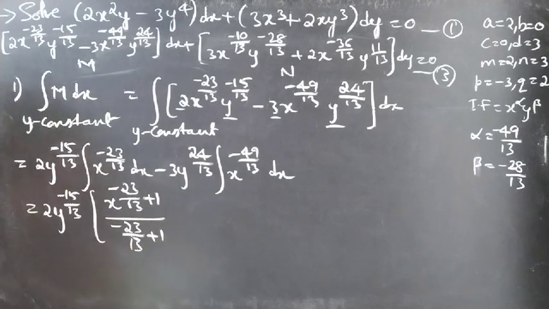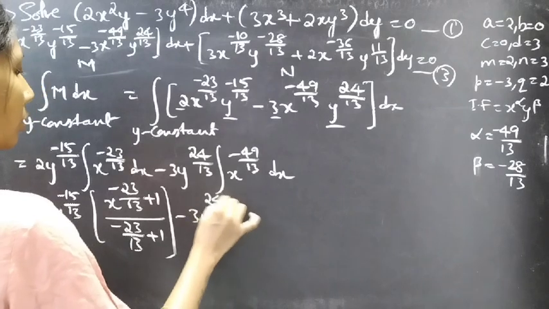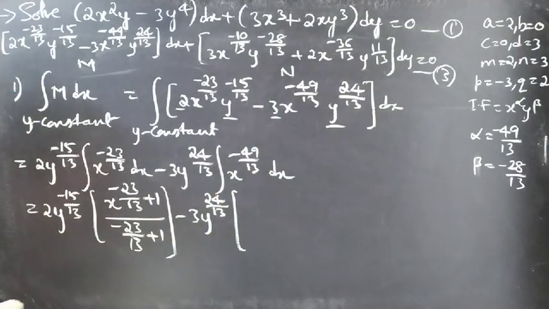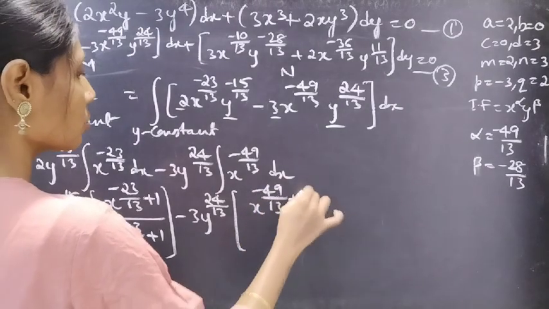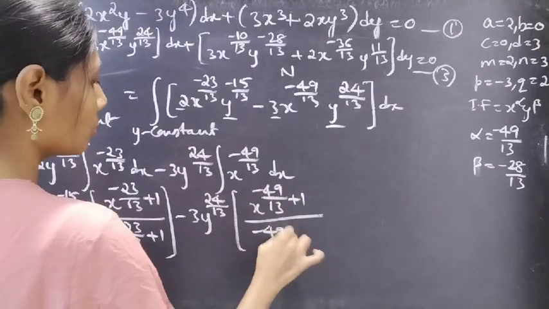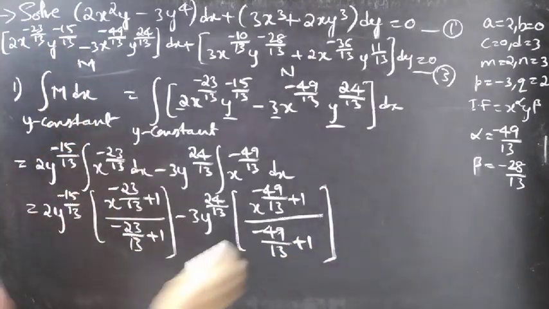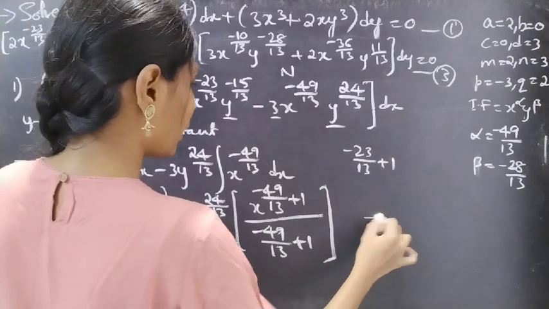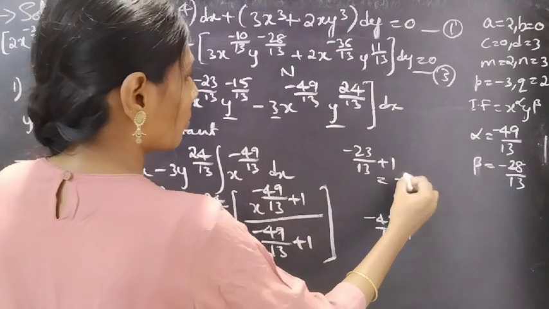We need to simplify minus 23 by 13 plus 1 here. Okay, minus 3y power 24 by 13 into the integral of x power minus 49 by 13, which is x power minus 49 by 13 plus 1 by minus 49 by 13 plus 1. Right? Let's simplify minus 23 by 13 plus 1 and minus 49 by 13 plus 1, which gives us minus